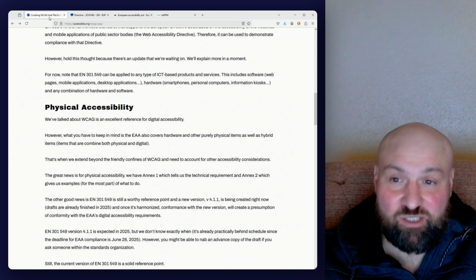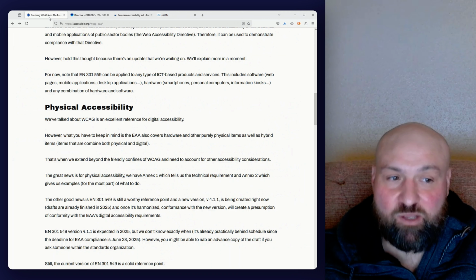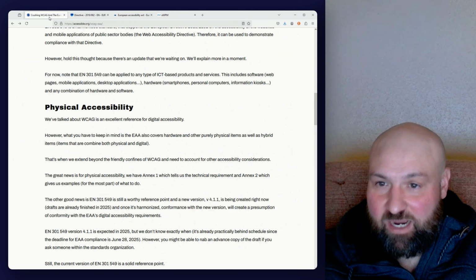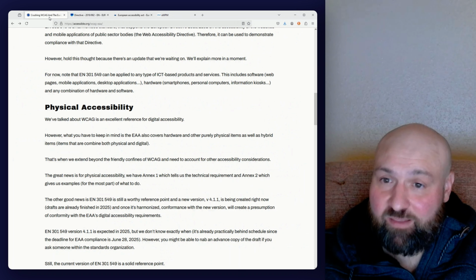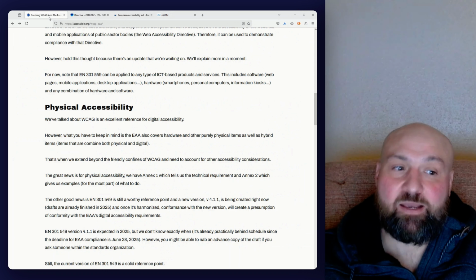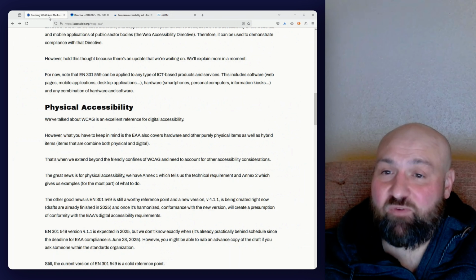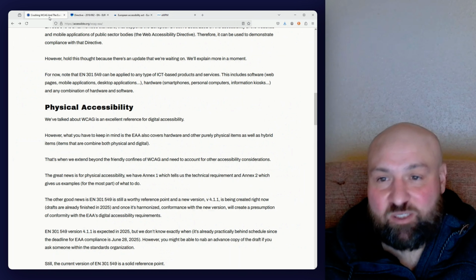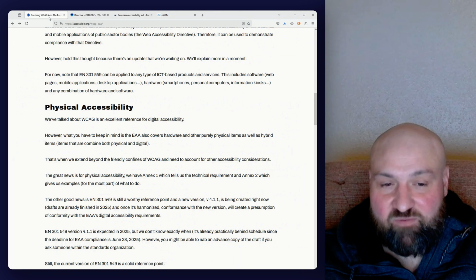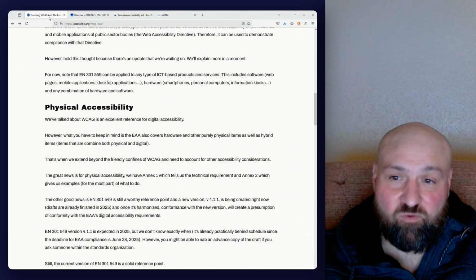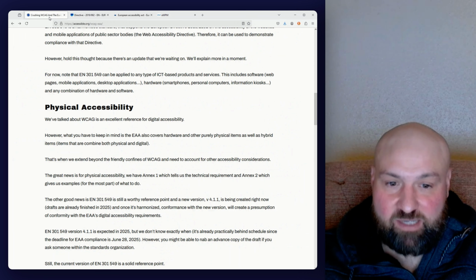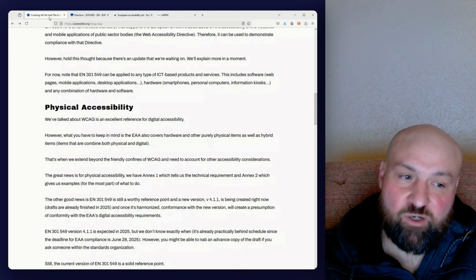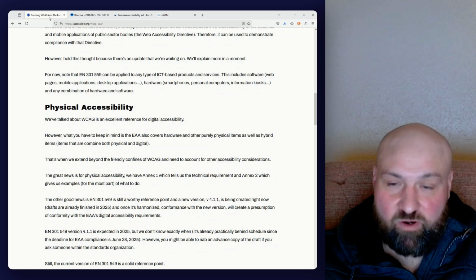The EAA covers more than just digital assets. It covers hardware and other physical items, including some of the hybrid items that I just went over. But remember that we still have Annex 1, and that's going to tell us the technical accessibility requirements. And then we still have Annex 2, which is going to provide very helpful examples. Now, this won't do everything for us, right? And even with Annex 2, sometimes there aren't examples for every single requirement. But this is already going to provide us some nice coverage. And then when we don't have the full coverage, then that's when we can look out to EN 301549, which